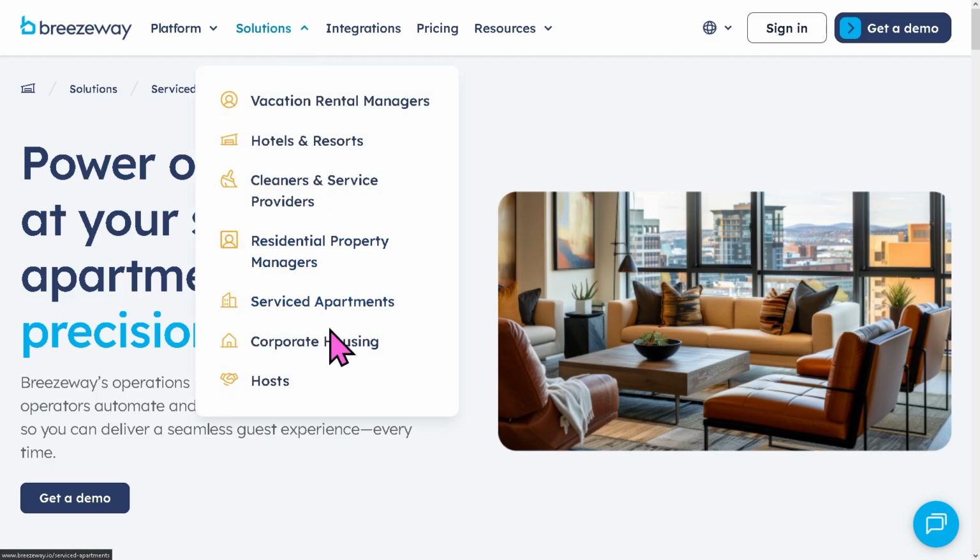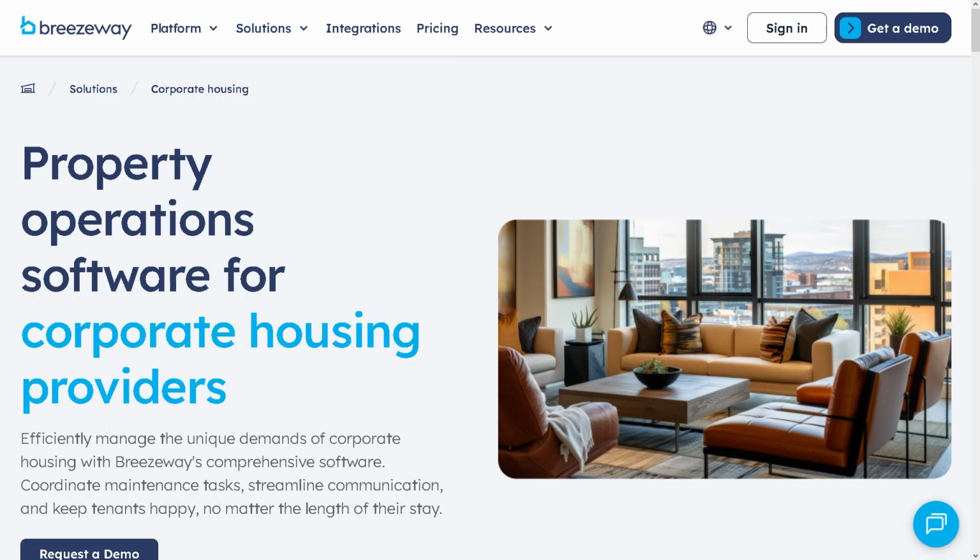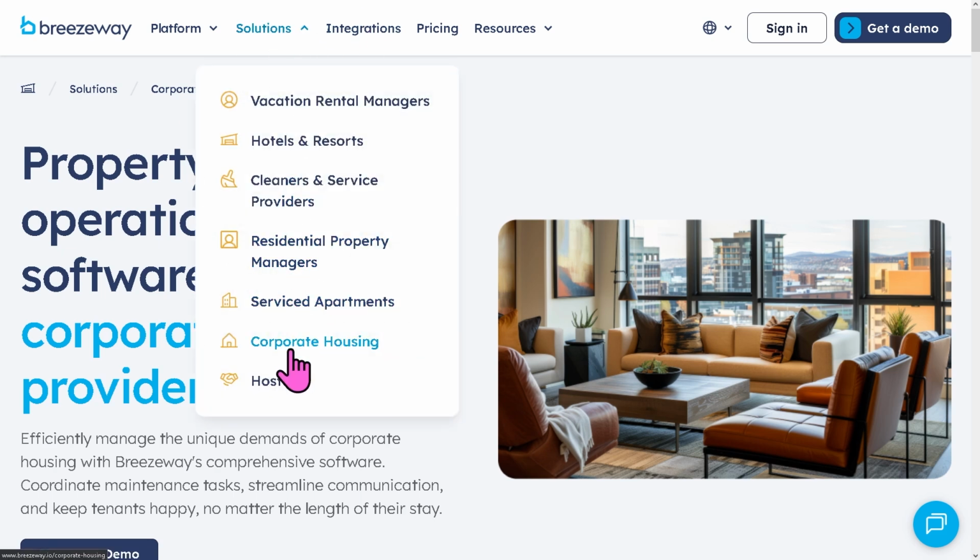And then you also have the corporate housing. Companies that manage corporate housing can use Breezeway to maintain consistent property standards for business travelers and long-term guests. The platform helps schedule cleanings, perform inspections, monitor maintenance, and ensure every housing unit is fully prepared before new occupants arrive. And then you have the